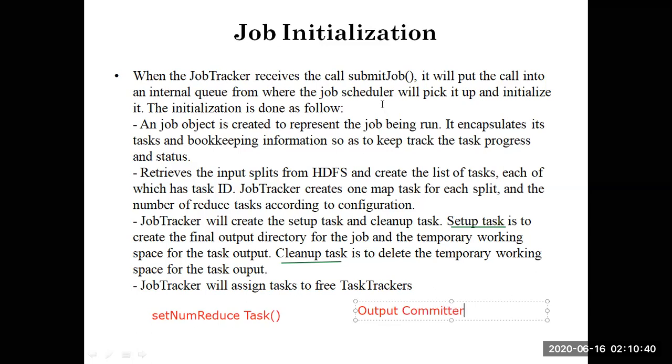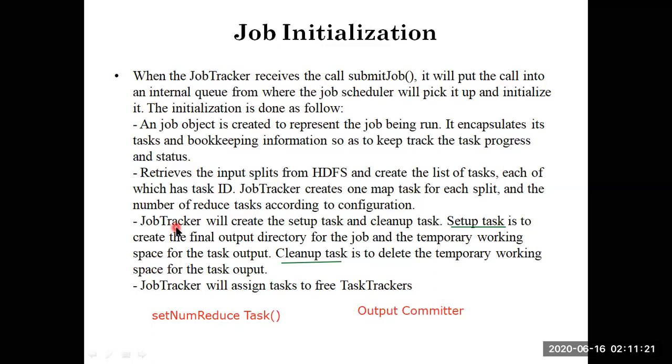Okay, now let's discuss this. Job initialization starts once we submit a job and a job ID is assigned. Then an object is created to represent the job being run, which consists of a task ID, task information and the task status. I will tell you later how you can get the task status updates from the system, in the last phase. Once that is done, I get the task ID and the job tracker.